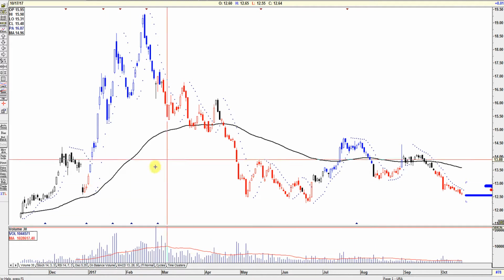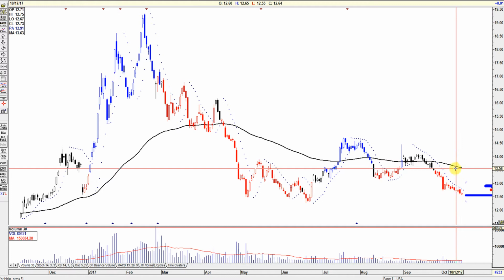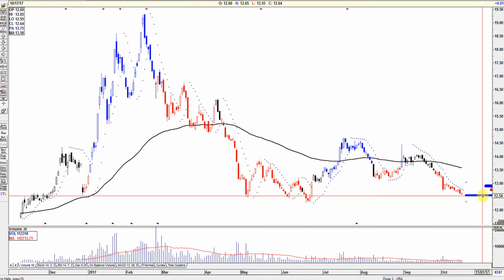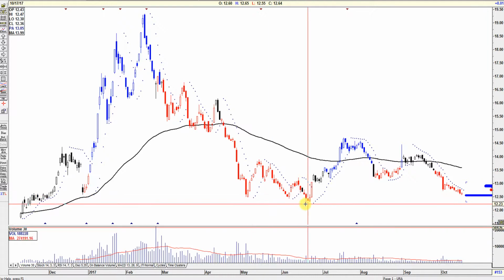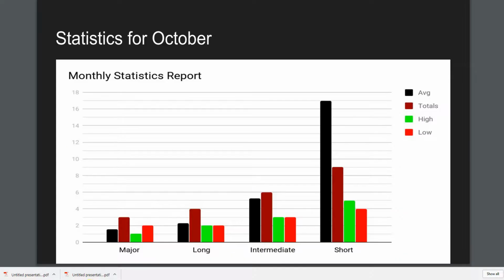You can see that the 100 exponential moving average is trending lower. It shows that this could be a possible support. I don't know, it could be broken. There's a buying area at 12.56, but I wouldn't be buying it now. You've got the swing pivot low here. But before I even go there, I normally go to my